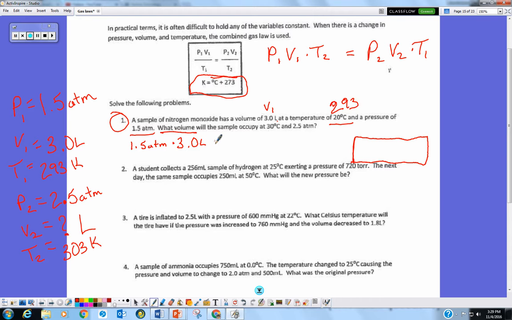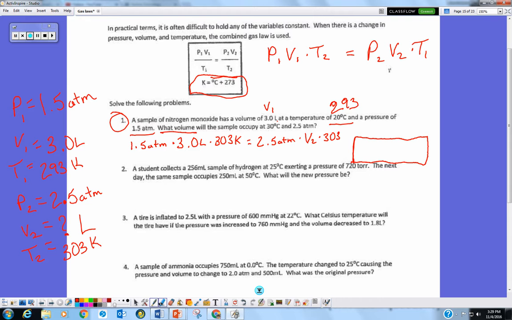And I'm going to use this format times my new temperature, which is 303 K, equals pressure 2.5 atmospheres, times V2, which is our unknown, times